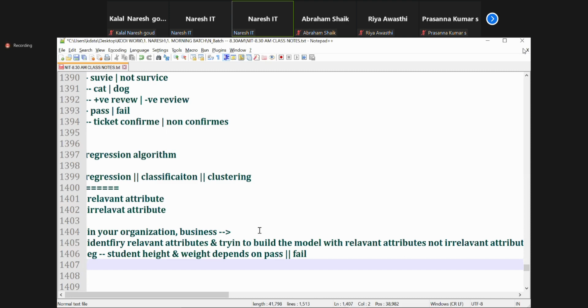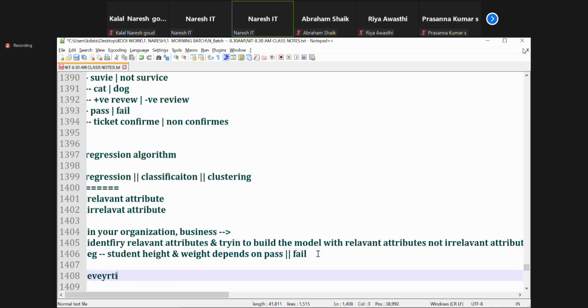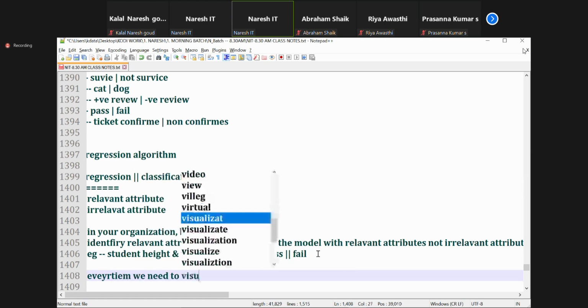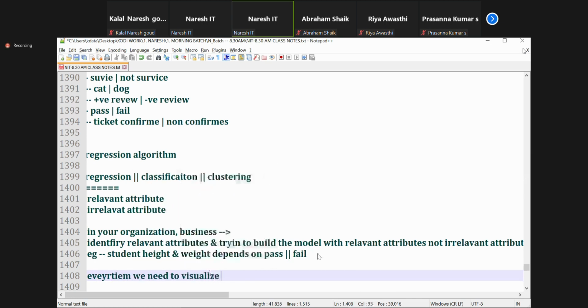What is meant by model complexity? I'll tell you later, no need to worry. So every time we need to visualize the data with only and only relevant attributes.